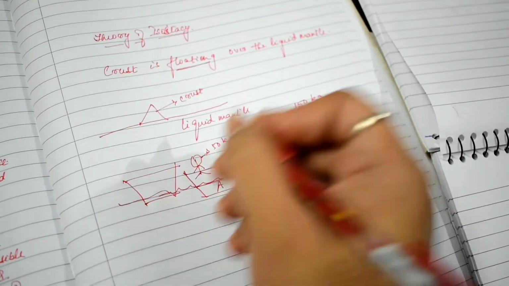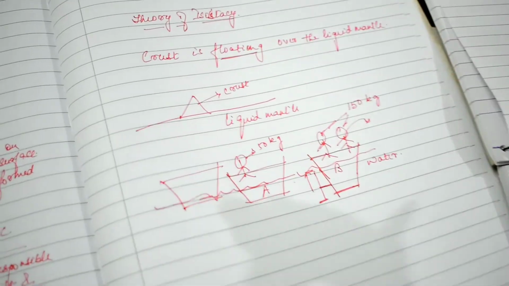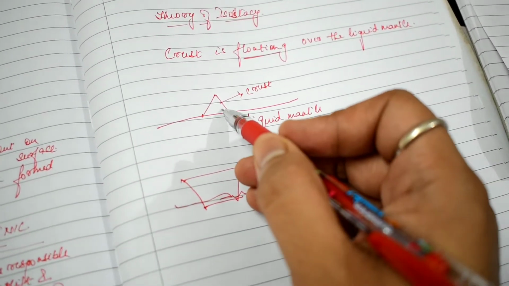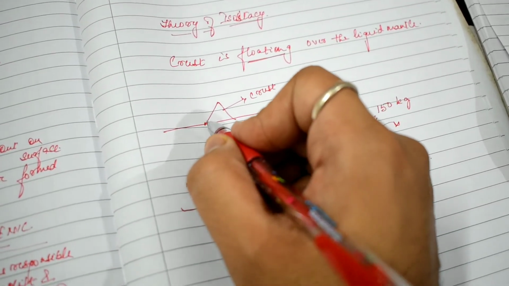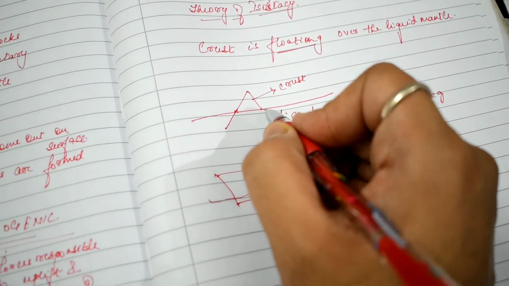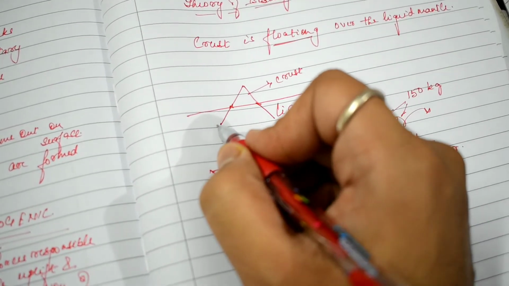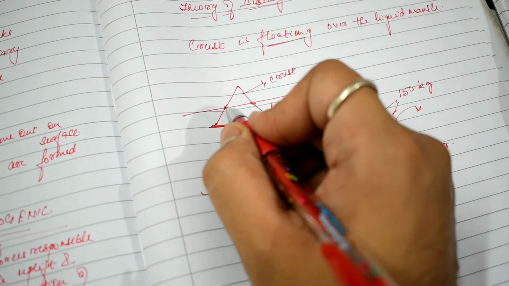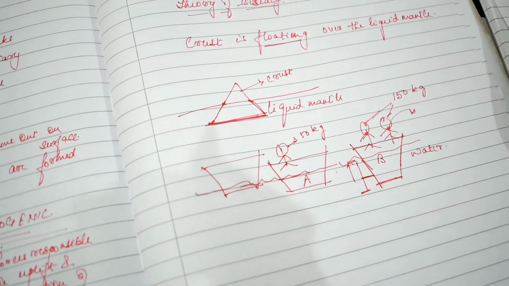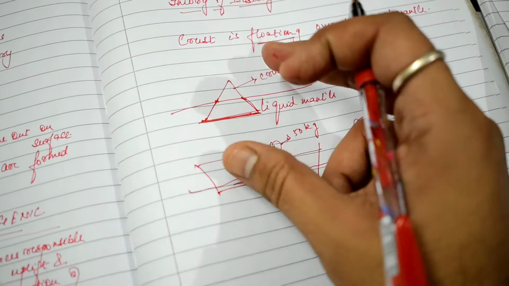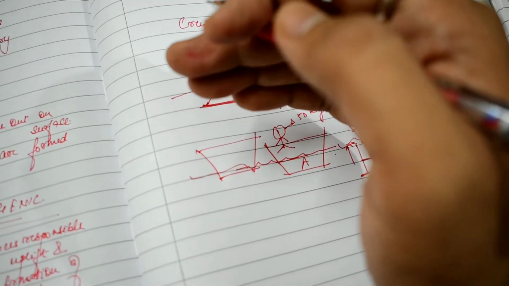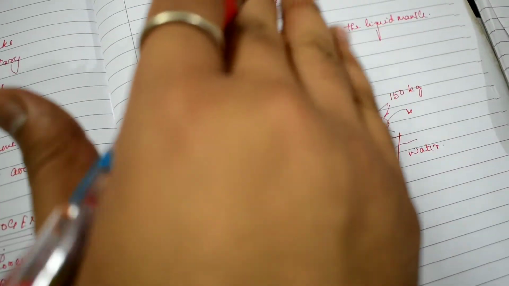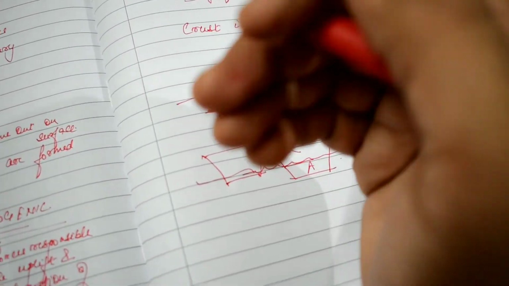You all understand this. This is also happening in the case of the Earth's crust and the liquid mantle. When the Earth's crust is heavy, there is something called the root of a mountain. So this mountain root is much inside, submerged. What happens is that because it is heavy, it has sunk more in the liquid mantle, or it is giving much more pressure on the liquid mantle. It is sinking more inside.